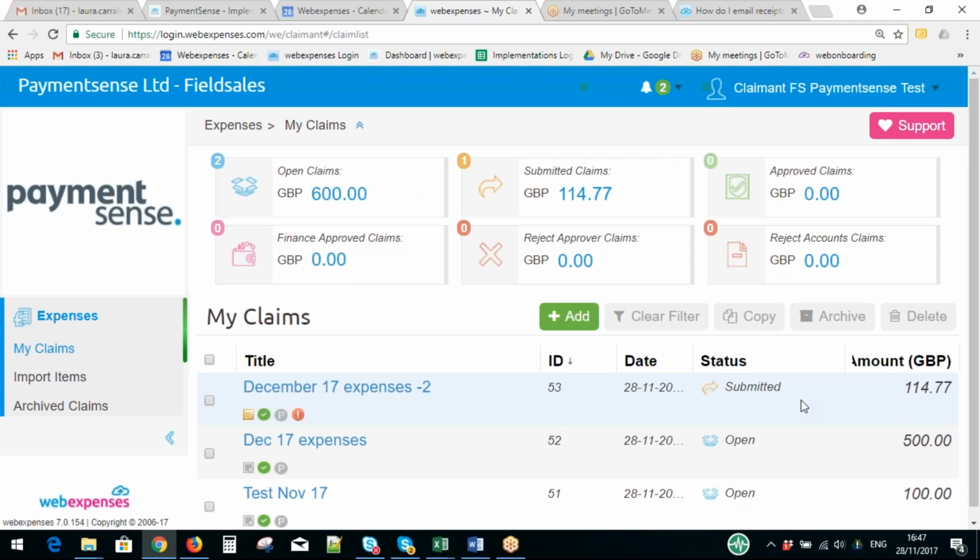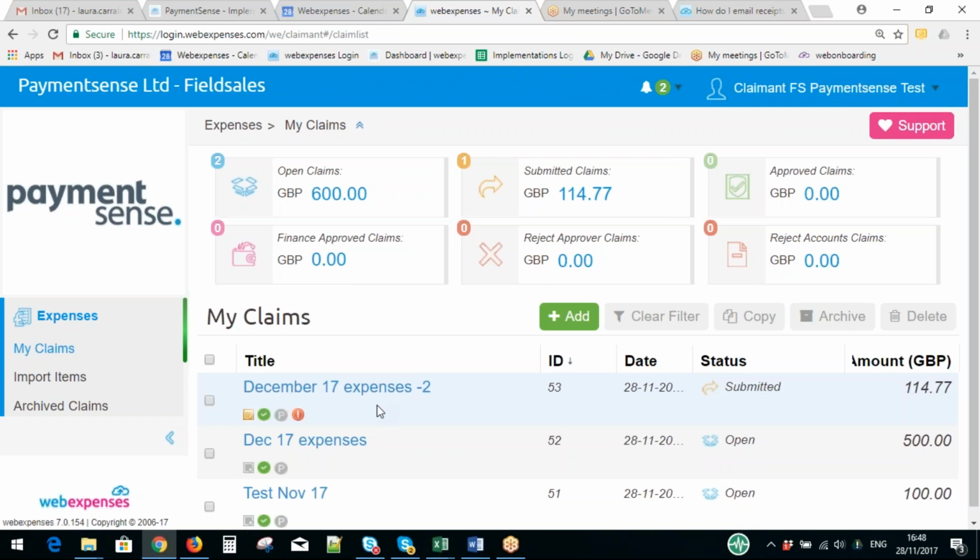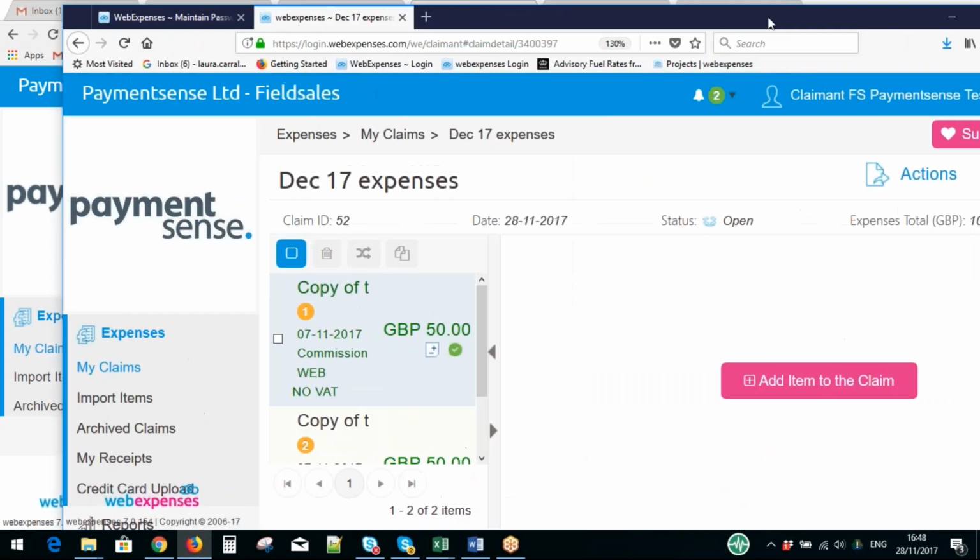And what is going to happen now with this one is that as soon as you have submitted a claim, you will receive an email telling you that your claim has been submitted. Now I'm going to show you how it is going to look from the approver's point of view. So now that the claim has been submitted,